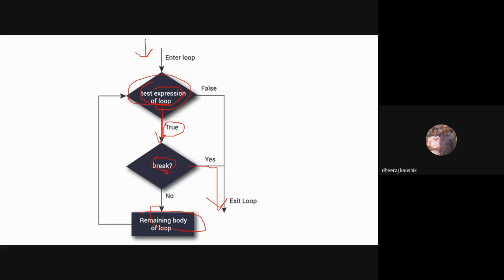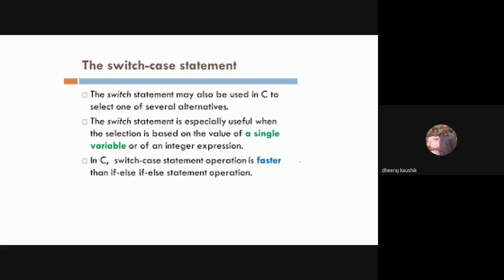If there is no break statement, then it goes down and executes the remaining body of the loop, and again goes to the loop by checking the condition. So the main purpose of the break statement is exiting the loop whenever and wherever you feel like.